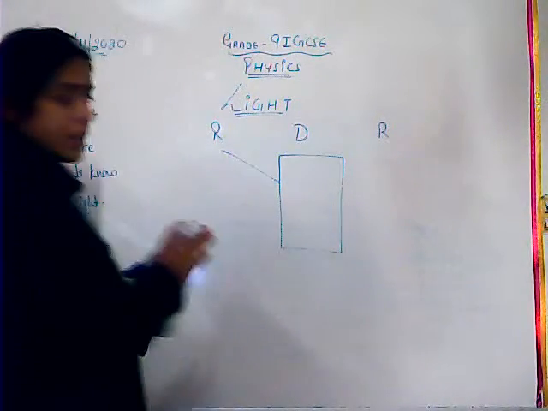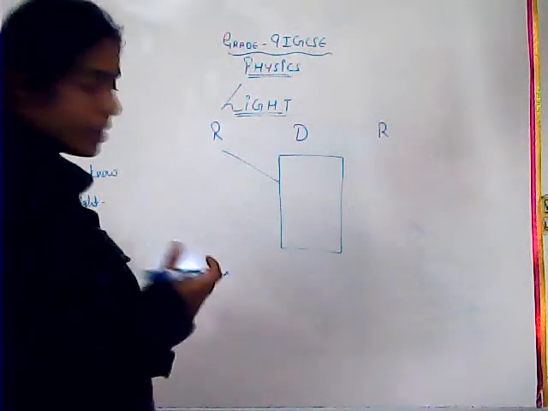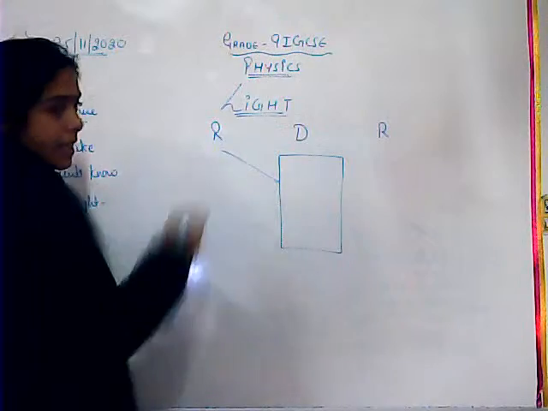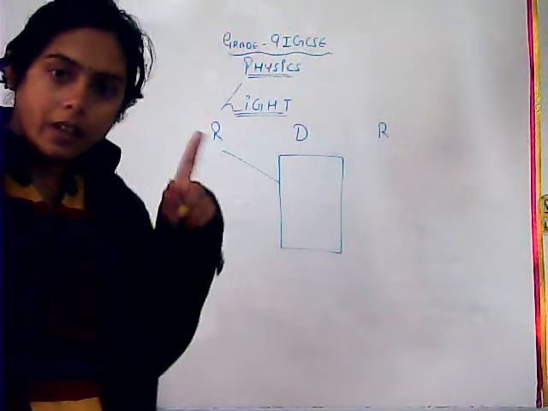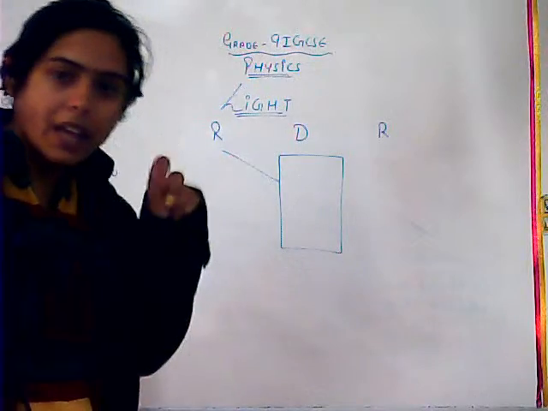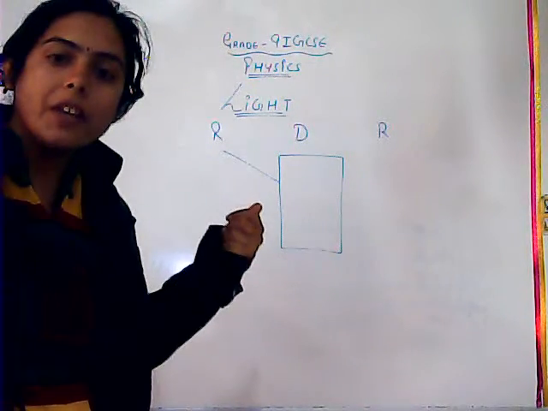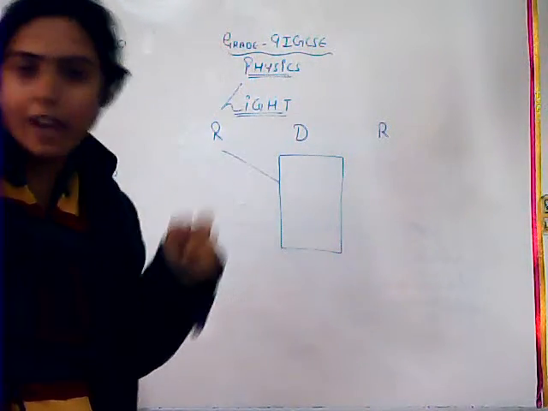I'm drawing it again so that you get a bit more visibility. So this is the incident ray. Okay, we are going to the next topic. In reflection, you know which is angle I and which is angle R. Now in refraction, we are going to study how we have to locate those angles.